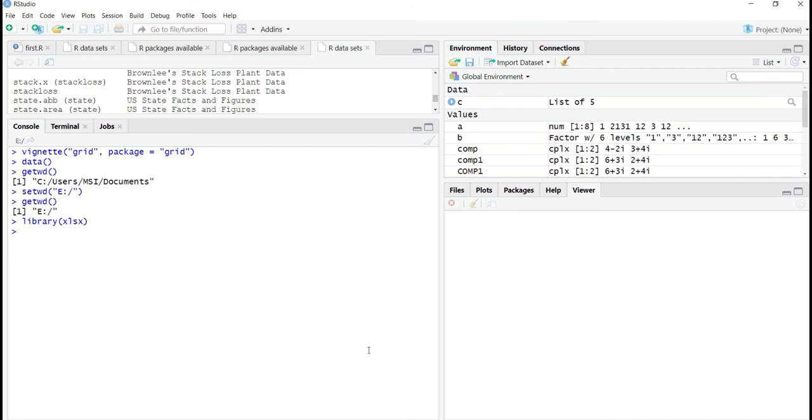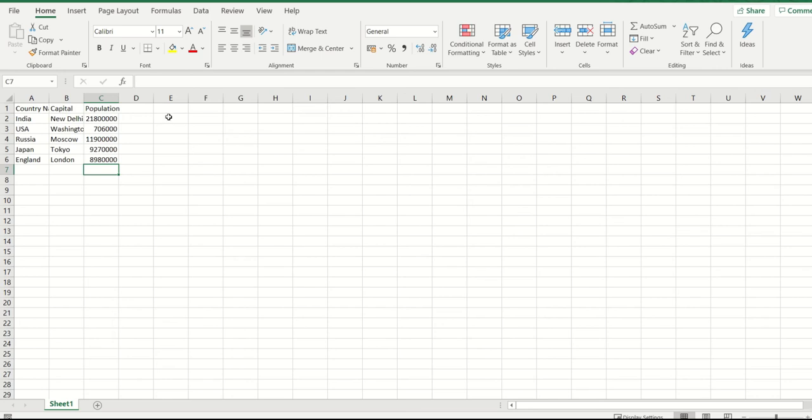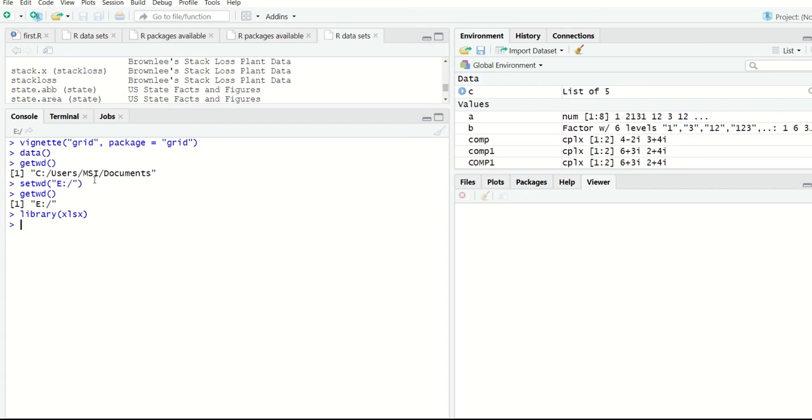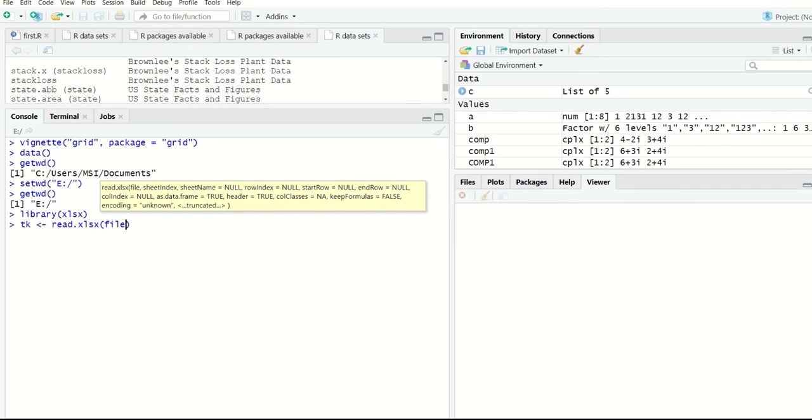For instance, I have created this test Excel file in E drive of my system. So in order to access this through R, we need to set the working directory as E drive, and then we need to mention a variable in which we can store the values of the Excel file. So we already have the working directory as E drive, so I'll just use the command read.xlsx and give the file path,